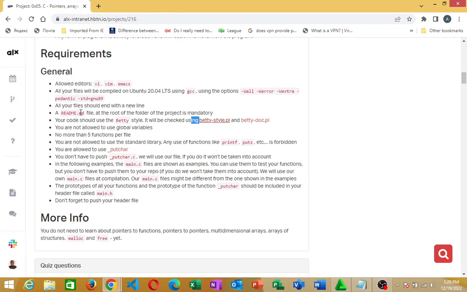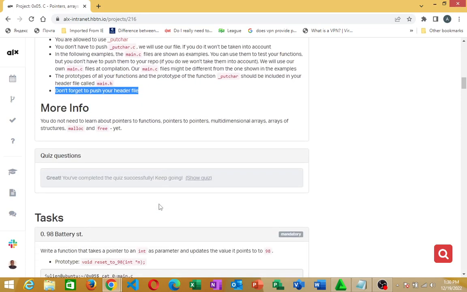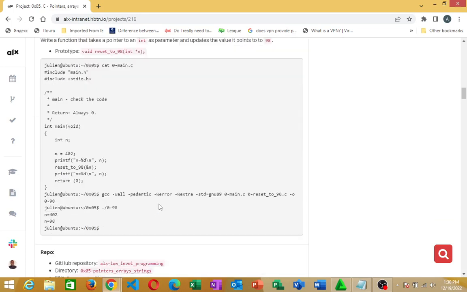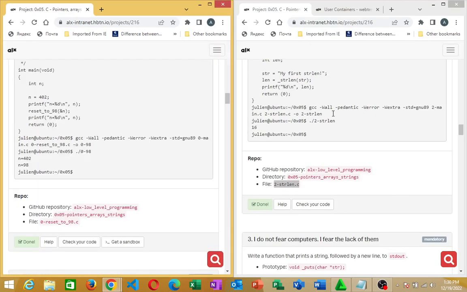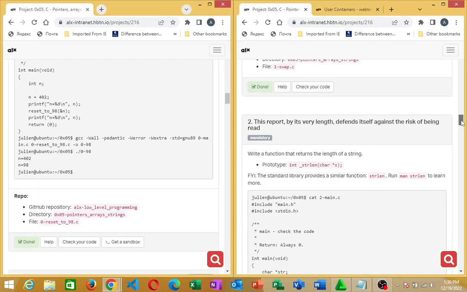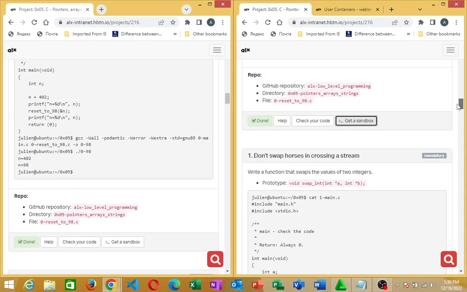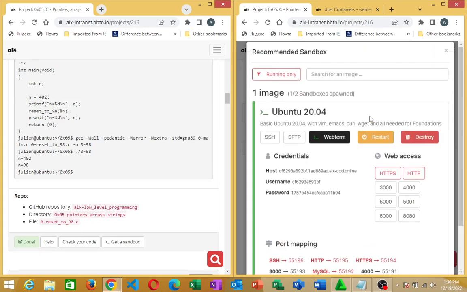Then we should have a README.md file at the root of the folder of the project. Then we should create a file main.h and push that file to the remote repository. So that's what is expected of us. So first things first, we are going to move into our repository. Let me split that screen in 2. Then get a sandbox